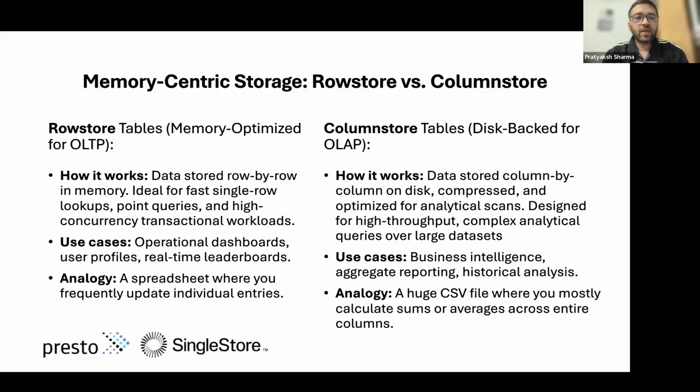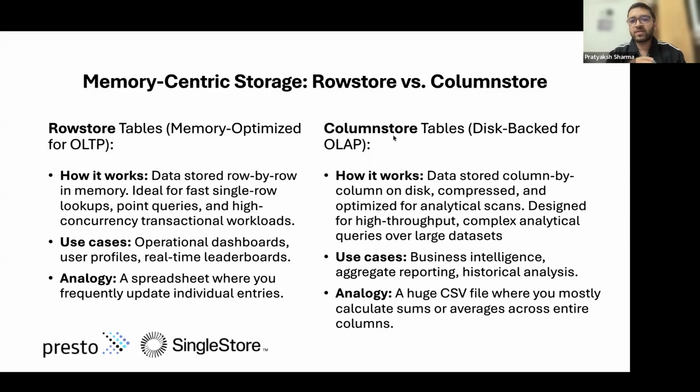And these row store tables are basically in-memory tables in SingleStore. The analogy we are giving here is, let's say you have a spreadsheet where you frequently update the individual entries, that is what you can think of as the row store table, right? Where you have all the rows and you get frequent operations which will be updating those rows one by one,